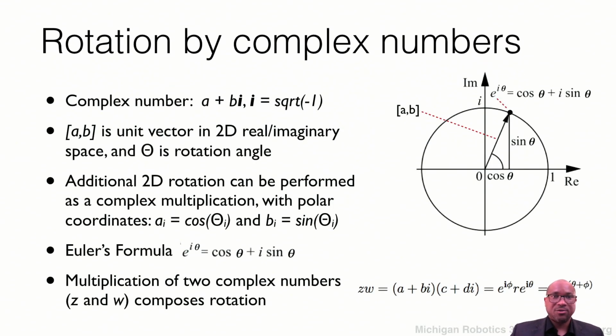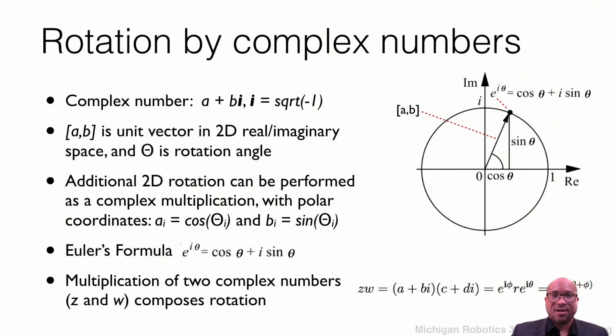So when we're thinking about how to represent a rotation, let's just think about two dimensions right now. A complex number basically has a real and an imaginary component, where the imaginary axis multiplies that scalar b by the square root of -1, which puts it into the imaginary space. We should note that in this combined 2D real-imaginary space, the vector AB can be expressed as a unit vector, and then you have a rotation angle